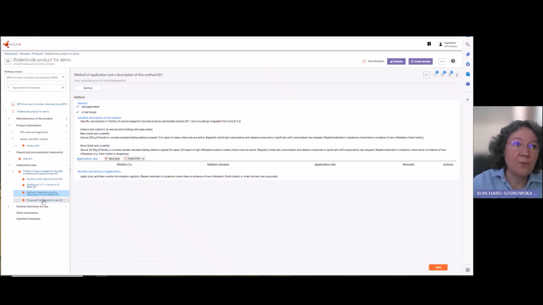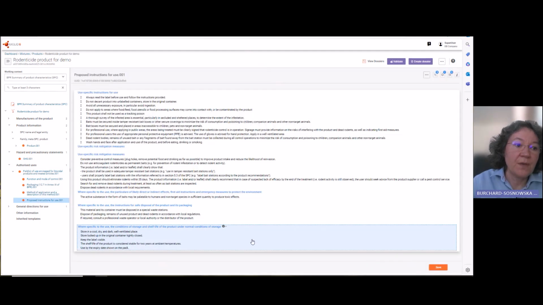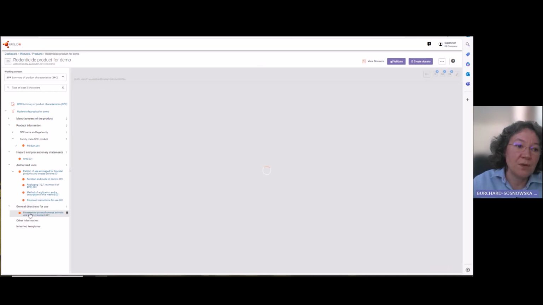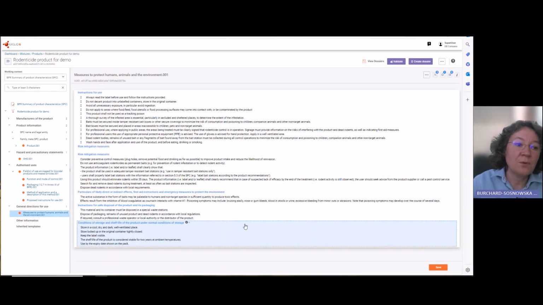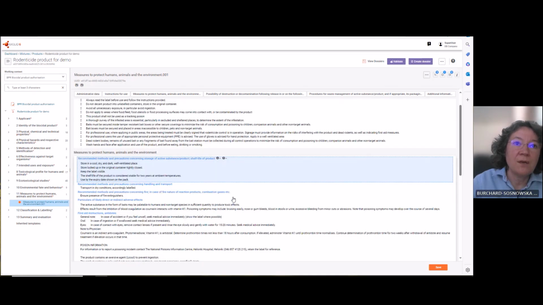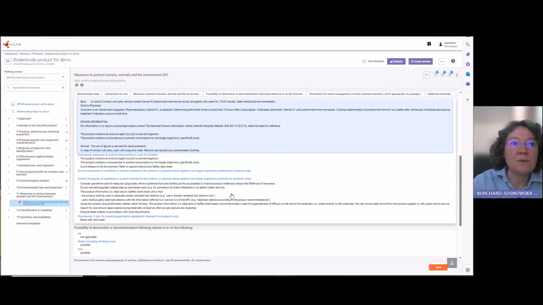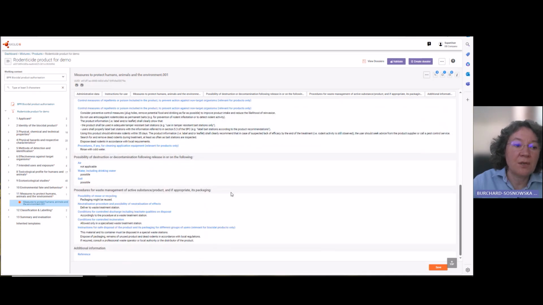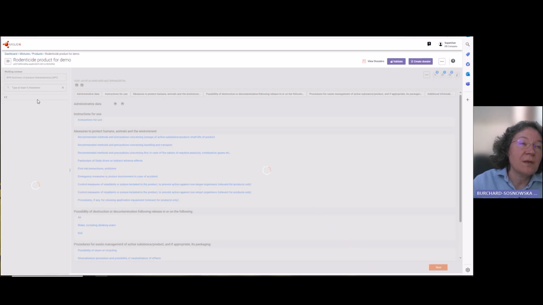Finally, let's open Proposed Instruction for Use. I move to the next section, General Directions for Use, which contains documents on measures to protect humans, animals, and the environment, with a limited number of fields. If I change the working context again, I will be able to see all fields used in the biocidal product authorization working context. I change the working context again,